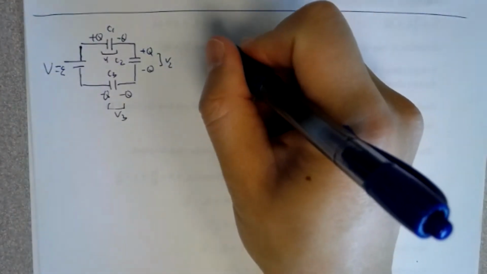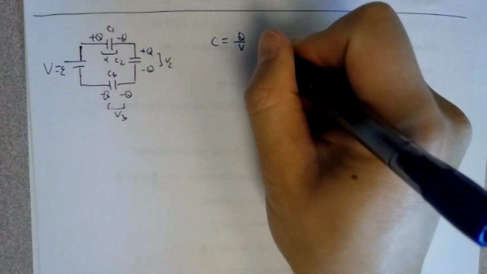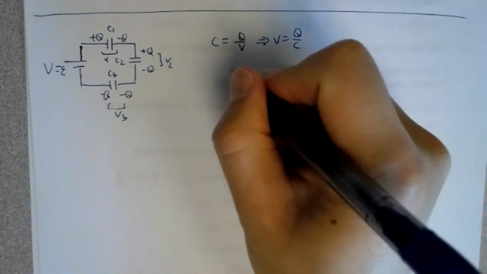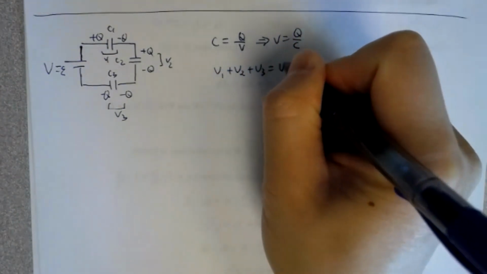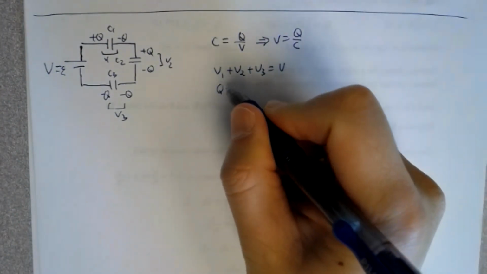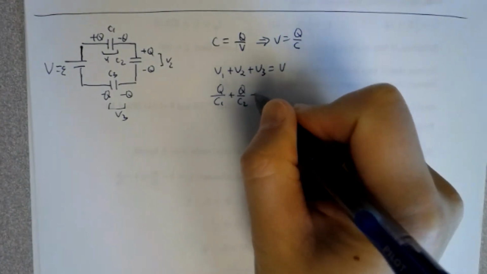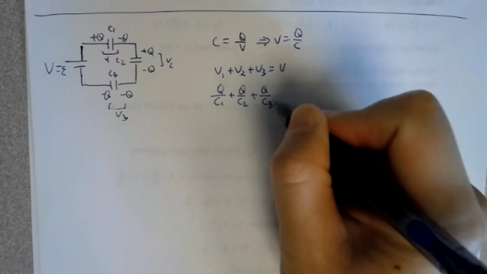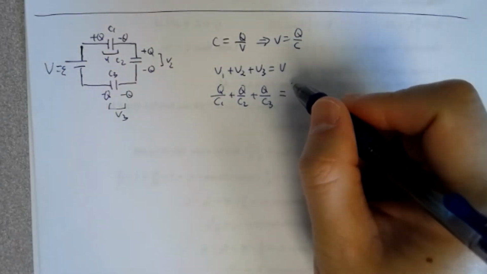Okay, so C equals Q over V, so V should be equal to Q over C. For V1 plus V2 plus V3, which equals V, that means V1 is Q over C1, plus V2 is Q over C2, plus V3 is the same Q over C3. That equals the total voltage